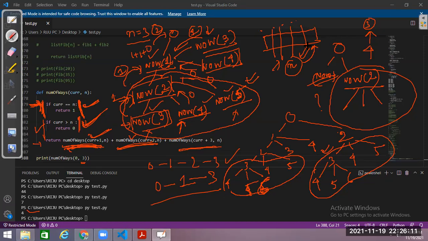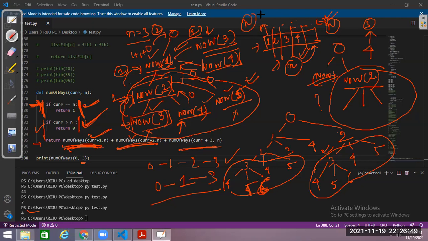For each stair, I have results: how many ways are required to reach 1? How many ways to reach 2? How many ways to reach 3? How many ways to reach 4? All the results I require, so that finally I can get a value of how many ways are required to reach n. All these values from 1 to n-1 I have to calculate. So what is the length of my array that I require? N sized array I require.